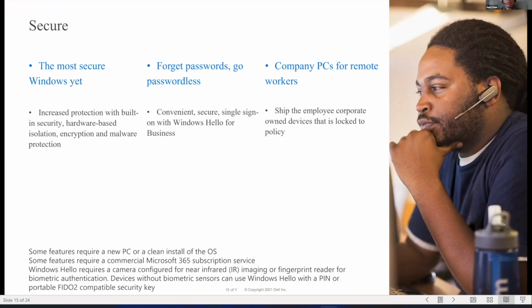But right now, Windows 11 includes a lot of security enhancement features that can help us protect our data better, and also prevent our device from being hacked or compromised. For example, Windows 11 increases protection with built-in security, which is hardware-based isolation, encryption, and malware protection.